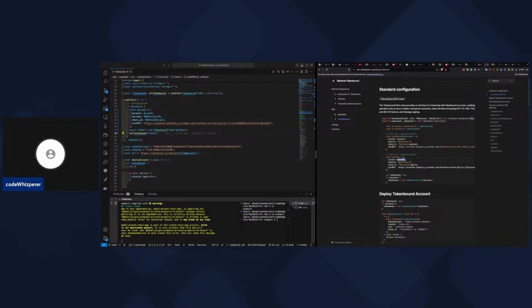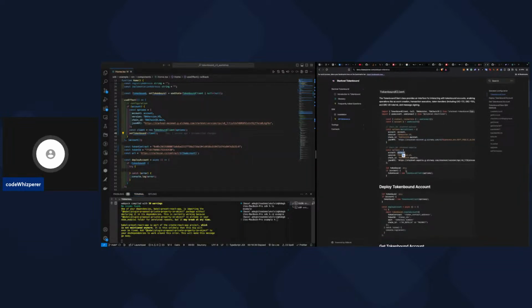Use an environment variable, so it keeps your private key private, so you don't push your key to production. But this is just for front end integration. If it were a back end integration, you would have to replace this account with your private key. So looking at the methods we have available,